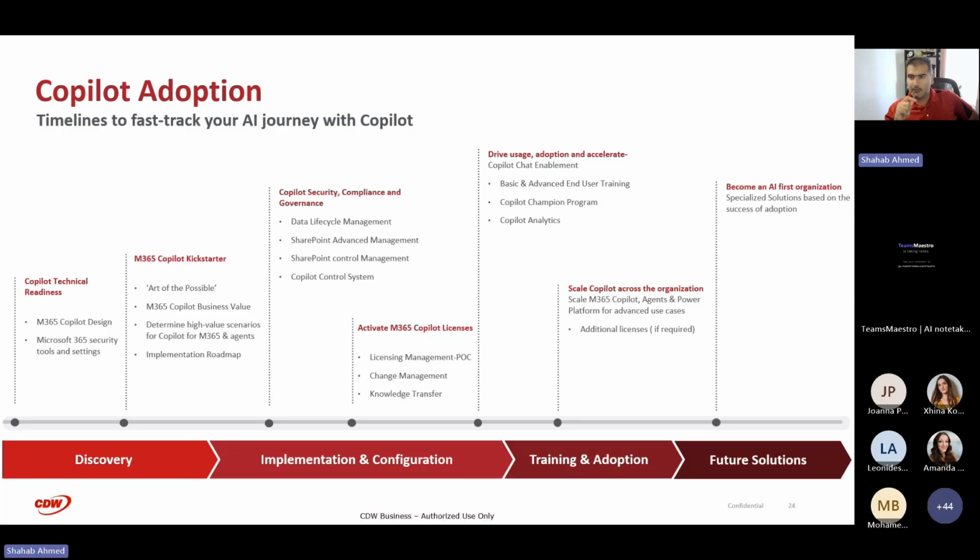And then the next phase that I'll talk about, for this one we're talking about the MT65 Copilot, is that Kickstarter phase where you are trying to look for quick wins, right? You're looking for that business value. You're looking at those scenarios where MT65 Copilot in particular can help and trying to figure out the business value against those, right? So it's creating that business case of sorts.